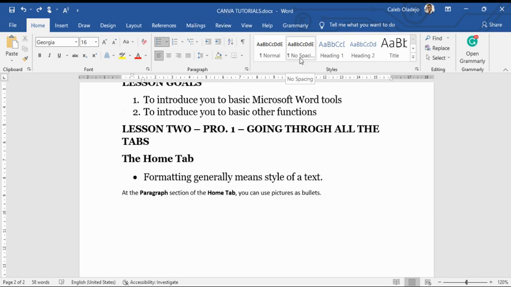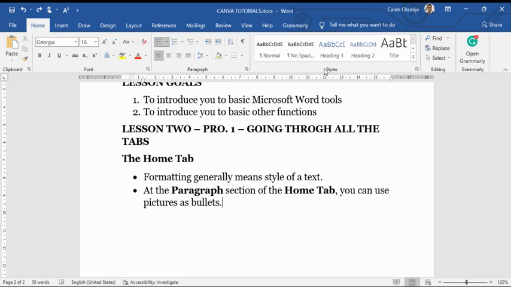Then the fourth section is the styles. Under the styles, as we go through this formatting one by one, I will be teaching you an introduction into Microsoft Word. Please understand that I will be introducing to you the tools and the way you could use them profitably in the things that you want to do. In the styles section of the home tab, you can select a type of heading